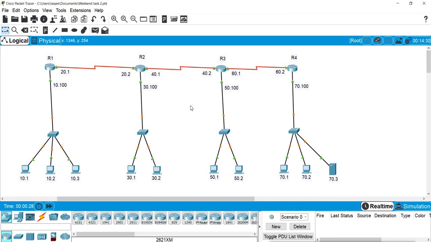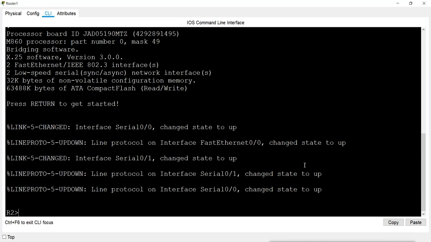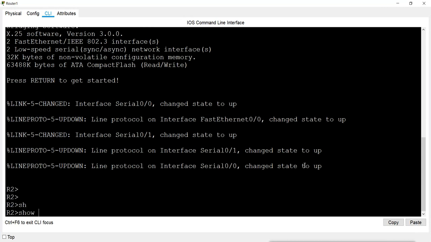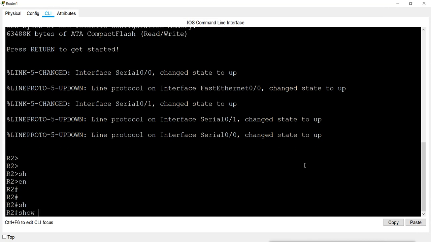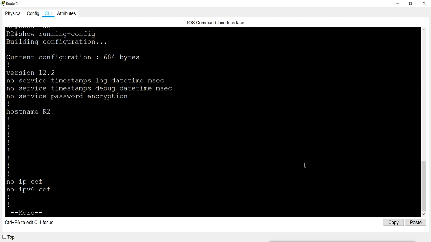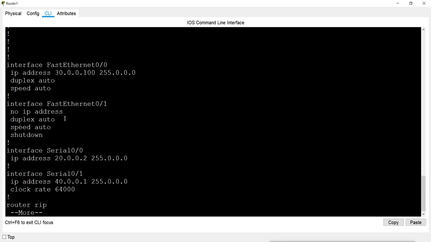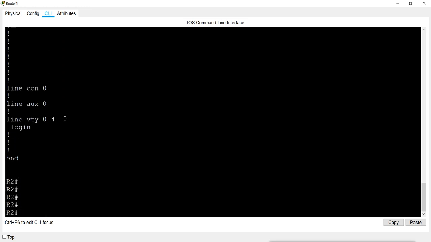So this is our design, and suppose I have configured here in this router. Whatever we configure on the running router keeps running and is stored in the RAM, and it is called the running configuration. If you see the running configuration, we see what we have configured, and this is all the configuration of my router: IP addresses, interfaces, I have done the routing also. So this is all my configurations. Now this is not safe.